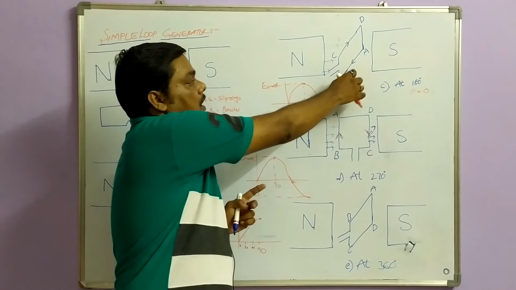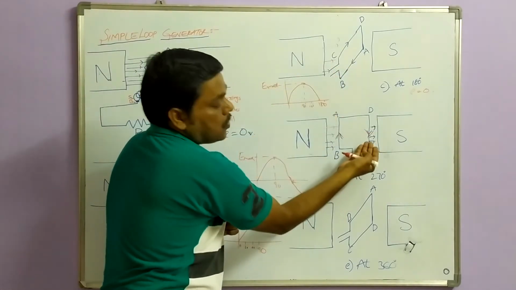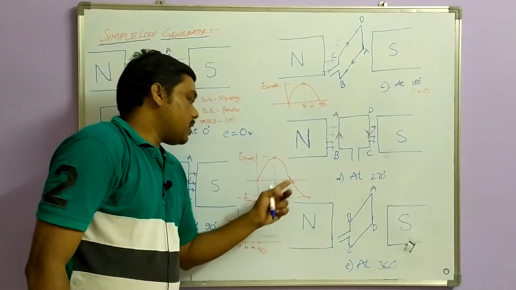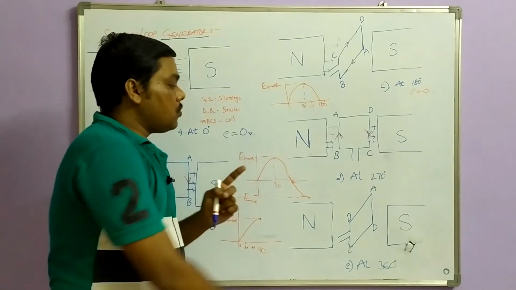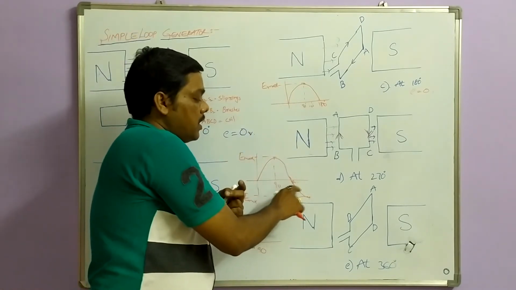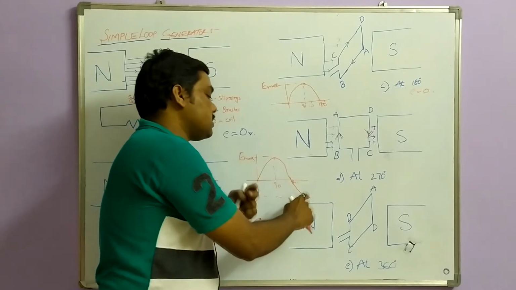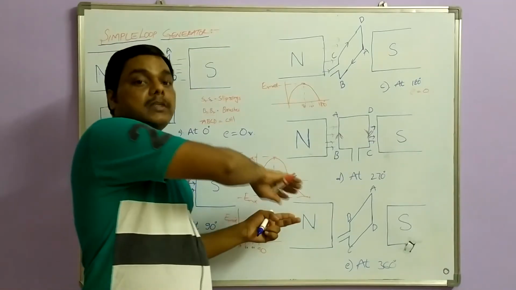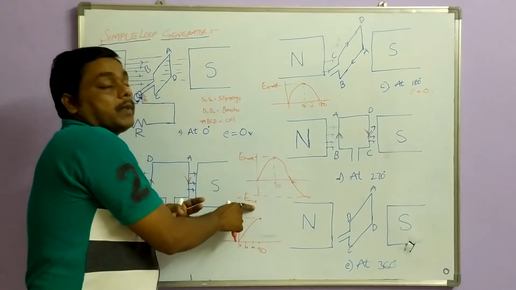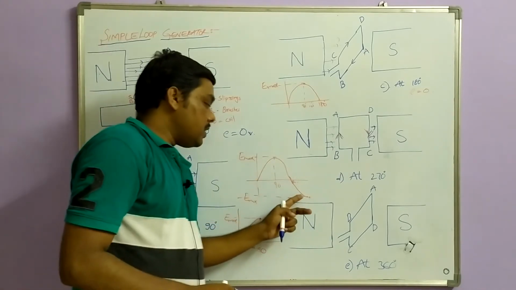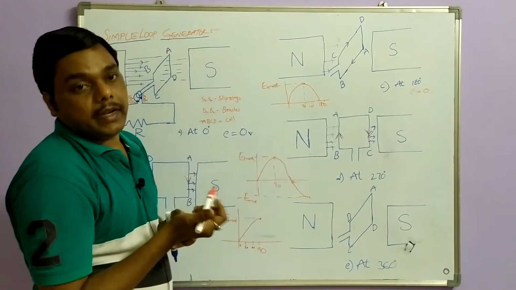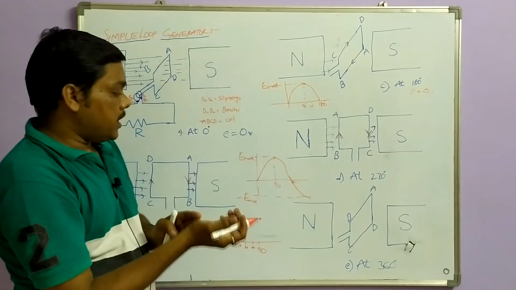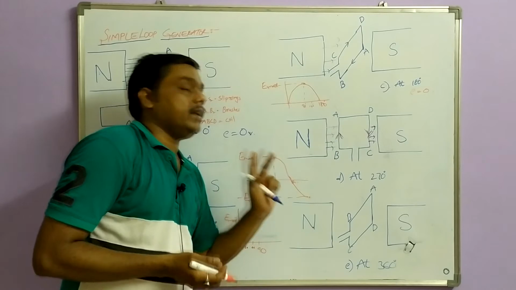So this coil moves from the vertical position to the horizontal position again. So we have 210, we have 240 degrees. At 210 degrees, the EMF increases. Again at 240 degrees, the EMF increases somewhat. At 270 degrees, you are getting a maximum EMF, maximum EMF in the reverse direction. That's why I am showing minus Emax. So the generated EMF is maximum, but it is in the opposite direction. So this is a negative cycle. That means your generated EMF is in the opposite direction. So that's why I am showing it in the negative direction.